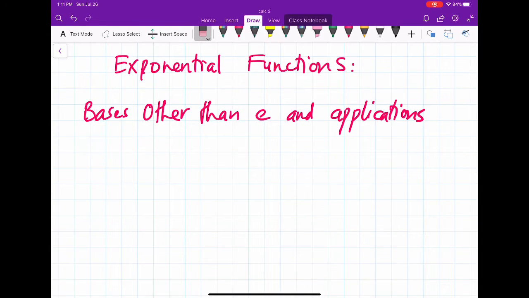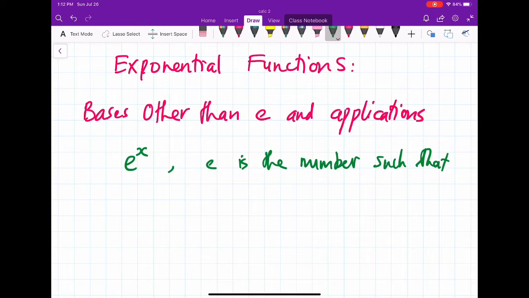We know about the function e to the x, right? e to the x, where e is the number such that the integral from 1 to e of dx over x equals 1, or that is, ln of e equals 1. So that is just a number, right? A very special number, and then we already saw some properties of such function e to the x. And now